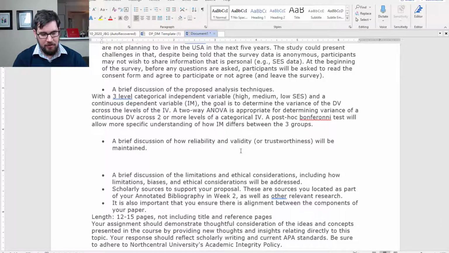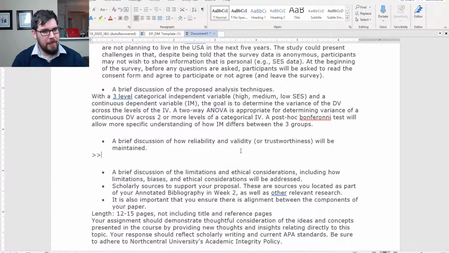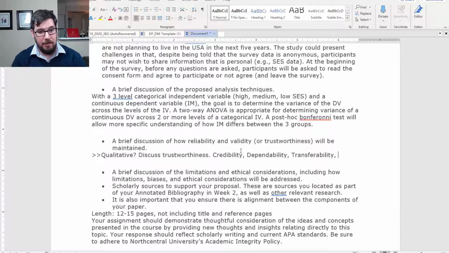Okay, and so here, a brief discussion of how reliability and validity or trustworthiness will be maintained. Qualitative, discuss trustworthiness, which sort of encompasses reliability and validity in terms of a qualitative study. So it has four aspects: credibility, dependability, transferability, and